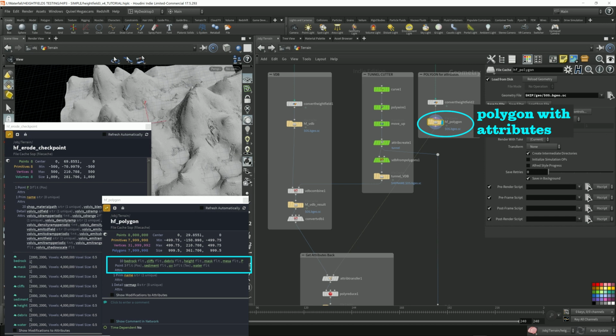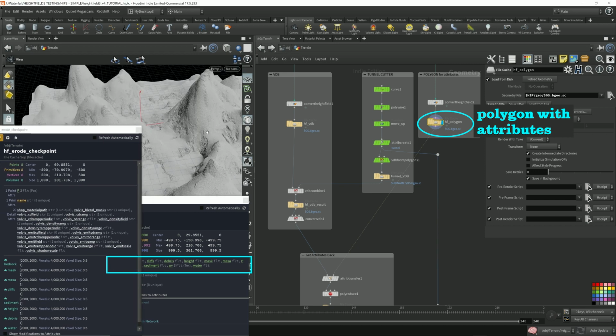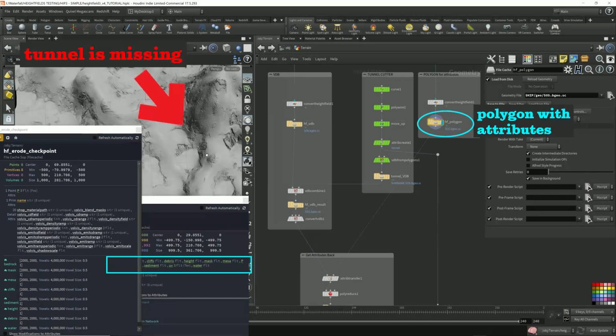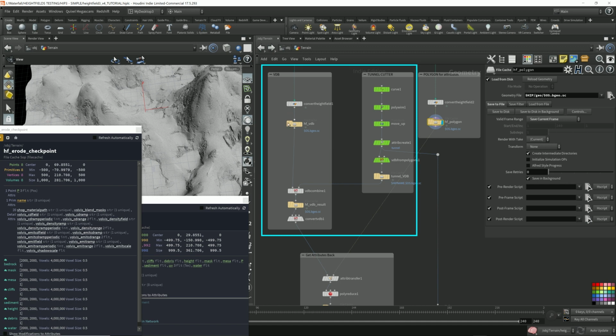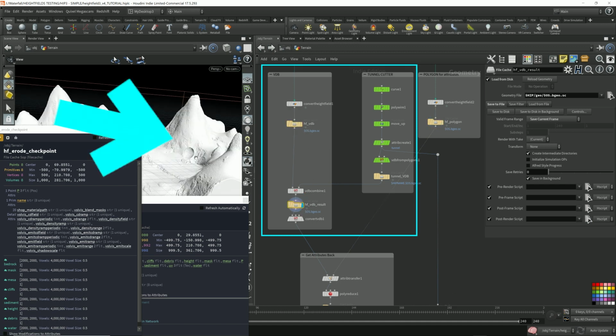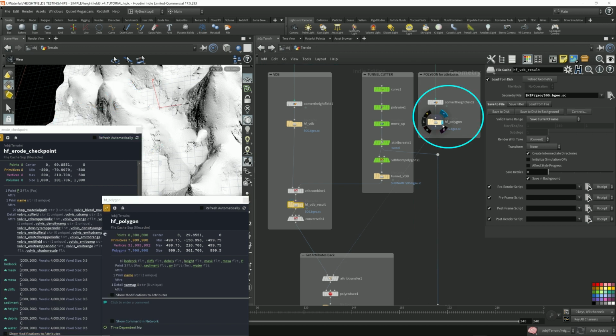But it does not have the tunnel. As you can see, this is directly converted, because in order to get the tunnel, I needed to convert it into a VDB over here. So I'm just going to show you, this has the tunnel, but it's in VDB. I had to convert it into VDB, which loses all these primitive data. So what I do, I convert it into a polygon,